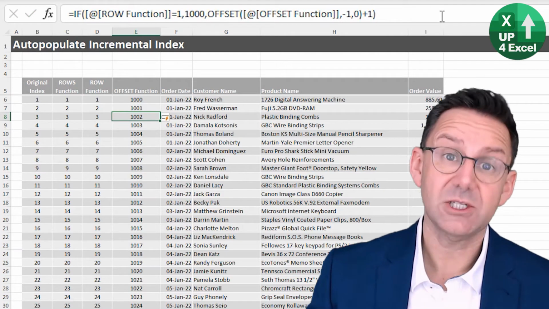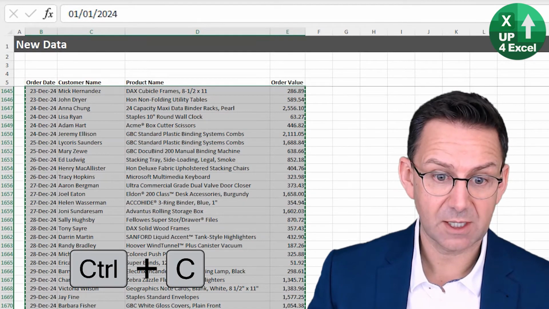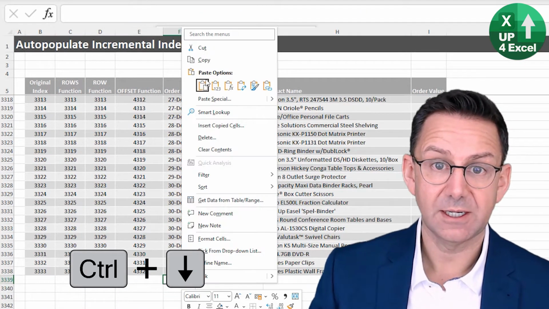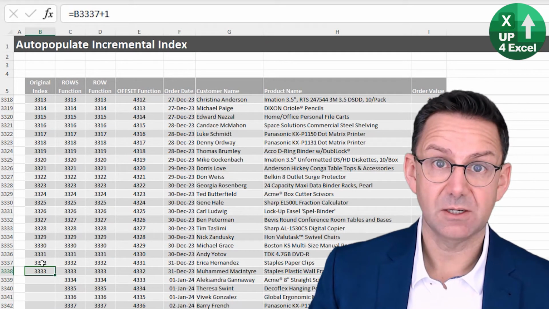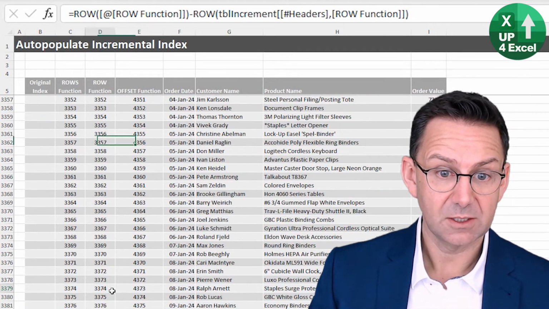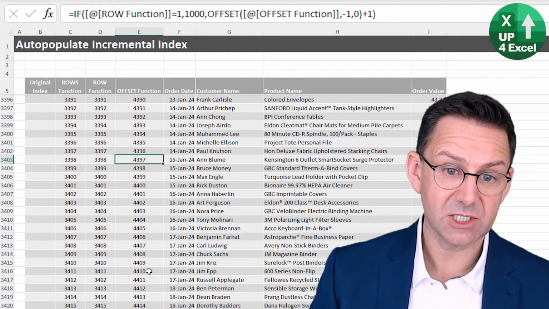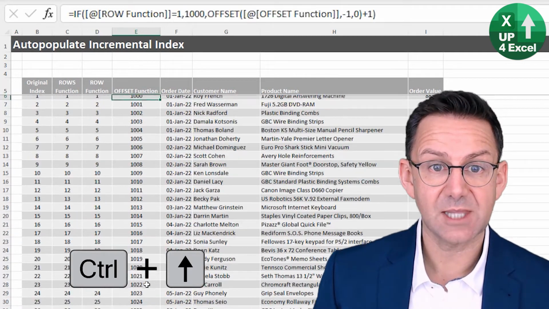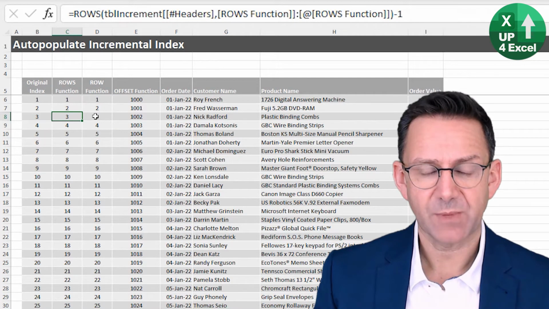So do they work? Well, let's try and add the new data and see what we get. So here's the new data. I'm going to add it on at the bottom of this. So I'll just go down to the bottom here and add it on. And as you can see, this original index breaks, but these ones all carry on doing exactly what we hoped they'd do. So these incrementing by 1, this is obviously going to be 1,000 higher than that because it starts at 1,000. But I don't know if you've spotted, there's a potential issue with this,